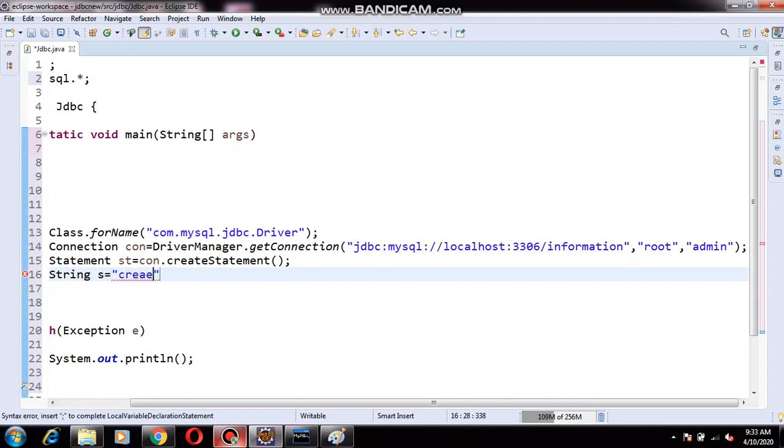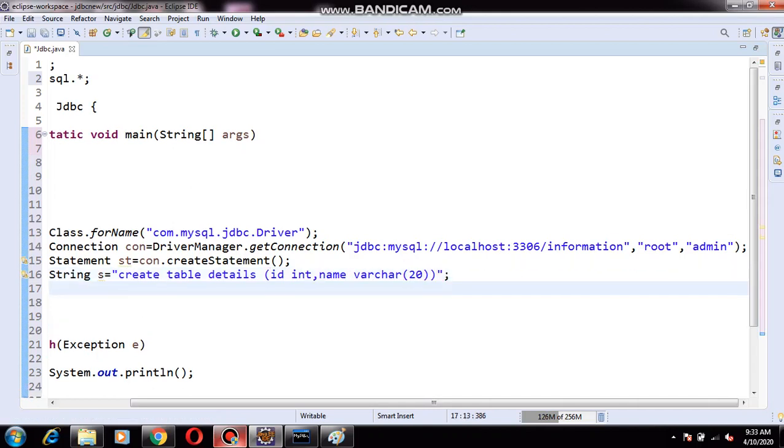Create table details. Inside the table I give id integer, comma, name as varchar. How many columns did I create? 2 columns I created.